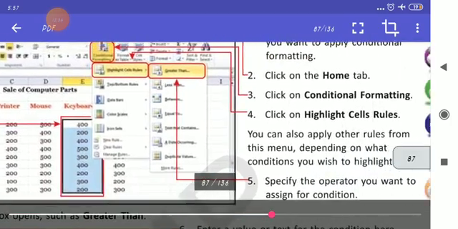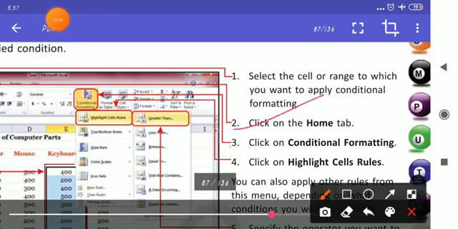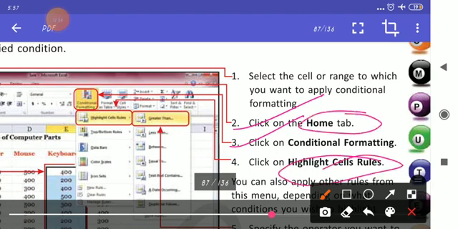Select the cell or range to which you want to apply conditional formatting. Then click on the Home tab and click on Conditional Formatting. Click on Highlight Cell Rules. So three steps: first, go to the Home tab, then Conditional Formatting, and then Highlight Cell Rules.